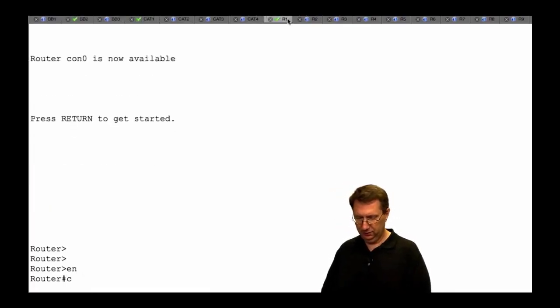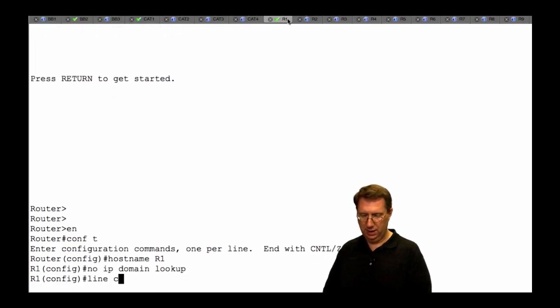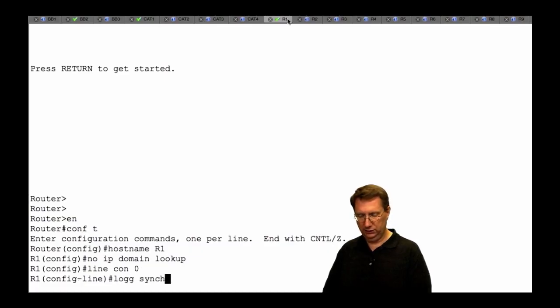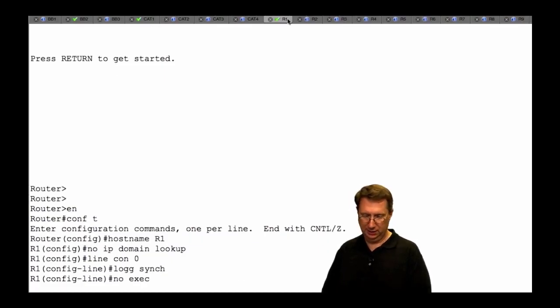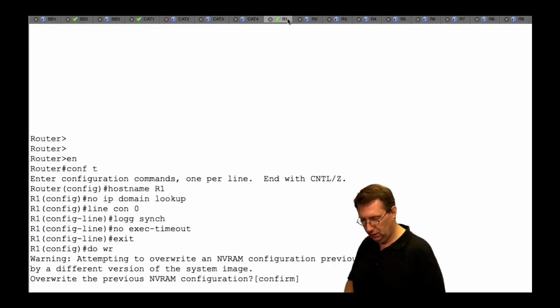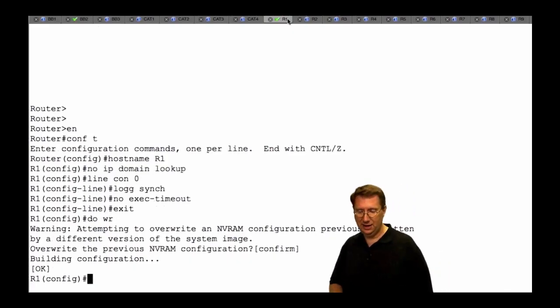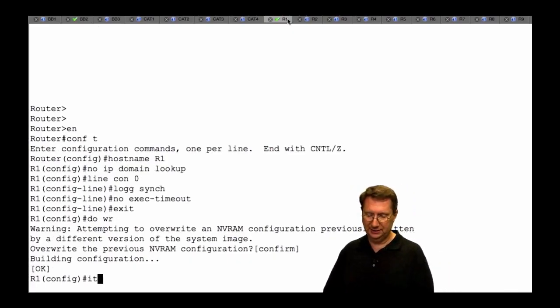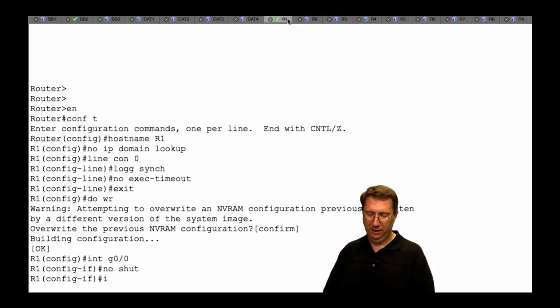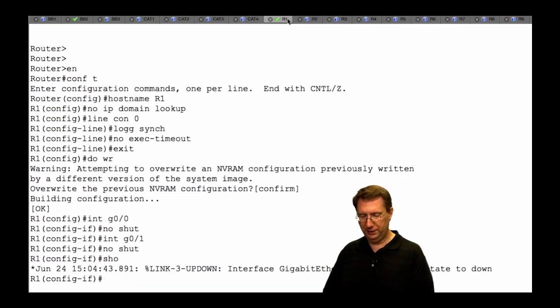Config t, hostname R1, no ip domain-lookup, line console 0, logging synchronous, no exec-timeout, exit, do write. All right. Now, I've got my device. My device is now configured. I'm going to go to interface gigabit 0/0, no shut. Interface gigabit 0/1, no shut. Show ip interface brief